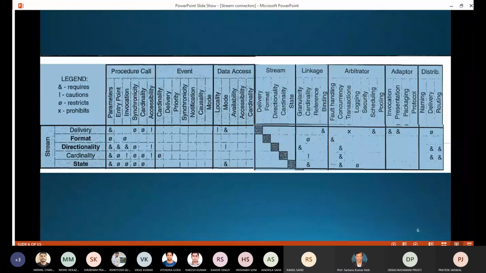So we can say, yeah, concurrency is required for directionality. It is required for cardinality and also for state. Fault handling is only required for data formatting. Whenever the data format is raw data, and you only want that raw data to be accessed by your user, then you have to provide fault handling.